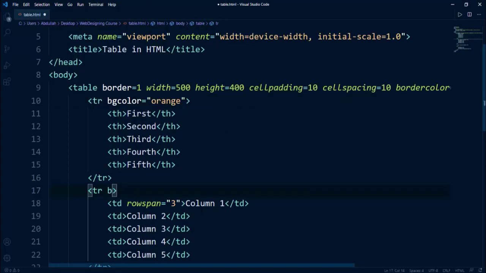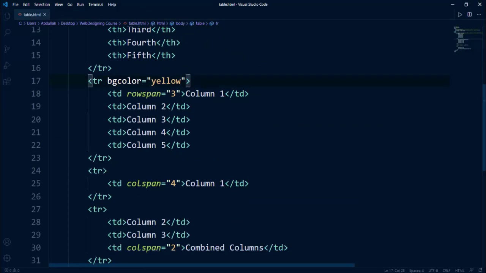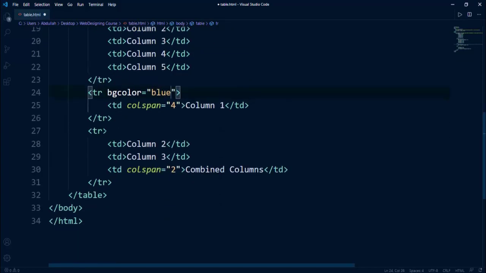You can say bgcolor is equal to yellow. So we can add a bgcolor right here. Let's say bgcolor is equal to blue, and let's add a bgcolor right there as well, bgcolor is equal to green.